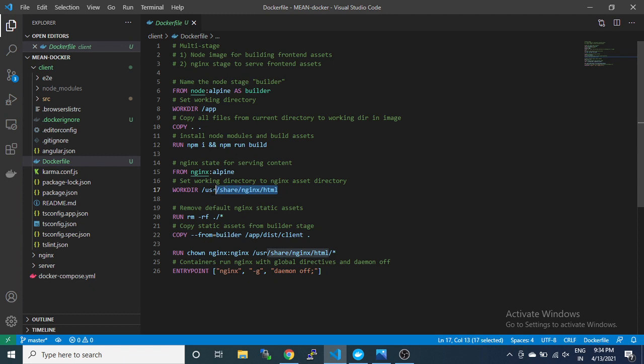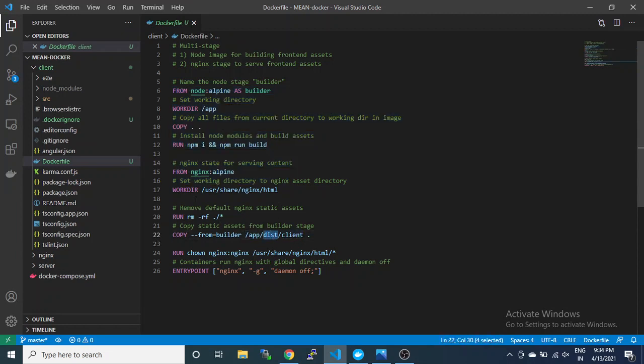Then we have the working directory. The default working directory of nginx is this one, and we will write this command to remove all unnecessary files or folders if they exist in this folder. Then we will copy from builder. From builder refers to this builder stage, meaning the build output will be copied from this location.